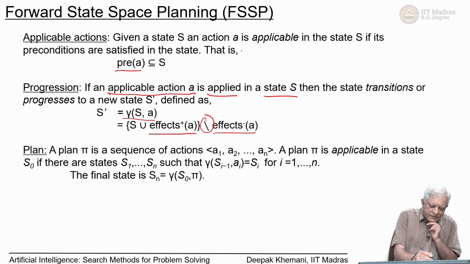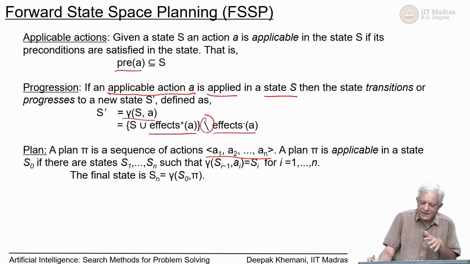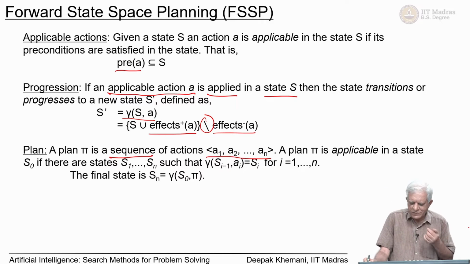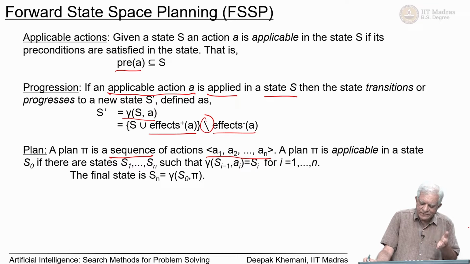So, a plan, and we will use pi to stand for a plan in general, is a sequence of actions A1, A2 up to An essentially. It is a linear sequence of actions. Later on we will see whether we can have plans in which actions can happen in parallel, but for the moment we will assume that it is just a sequence of actions. A plan pi is applicable, the whole plan is, it is like a compound action, you can think of it. Instead of saying just one action A, you are doing a sequence of actions. So, you can think of it as a macro operator or something like that,